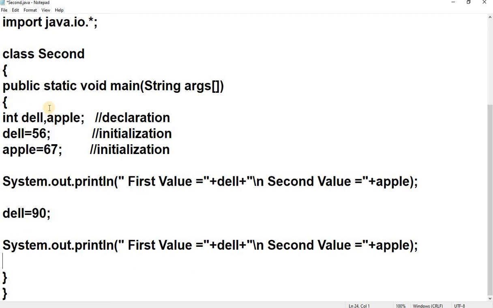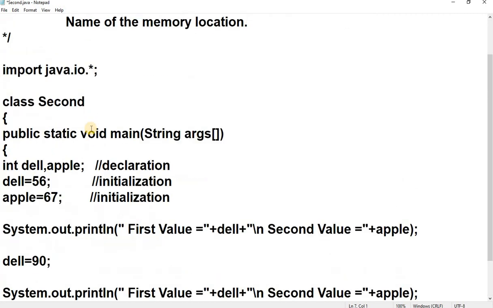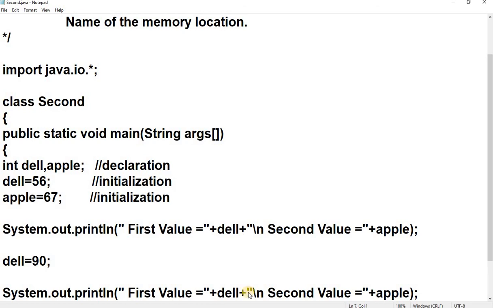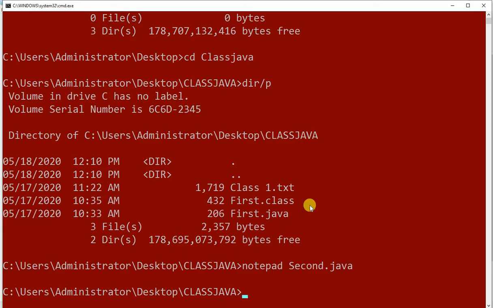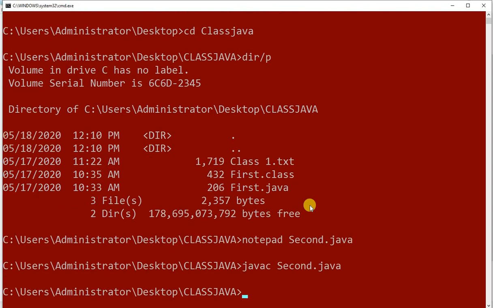Let's see how the output will come for this program. You can pause the video in between to write the program and see this. So I'm going to file now, I say save it. Now I'm going to our command prompt. Now what I will write here, first of all, javac to check whether there are any issues in the programming code. Second dot java, enter. Now it is going to compile my code and see, is there any error in the syntax? No, there is no error. Now the program is right. Now I say java space second.